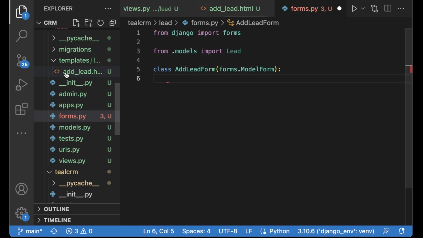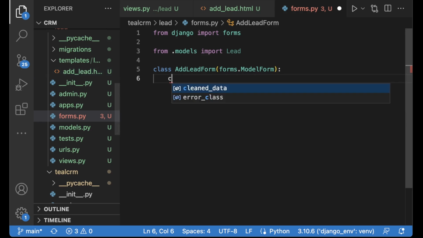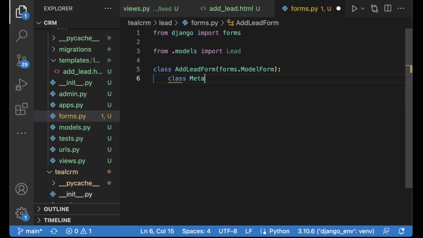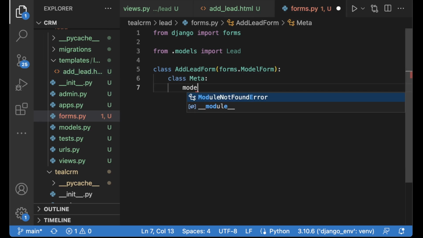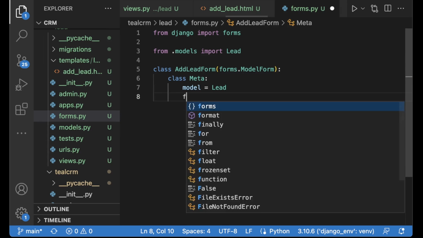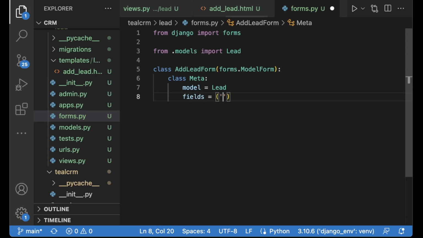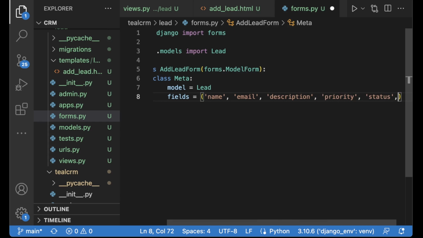And we use model form because then Django will create this for us based on information we set here in the class meta. So here we just say model equals lead and which fields we want to show in the form. And we obviously want the name, we want the email and the description. And we want the priority and the status.